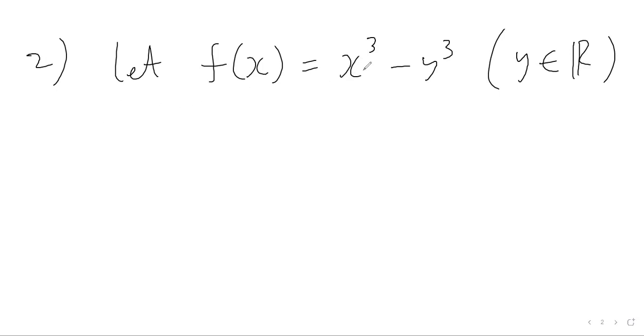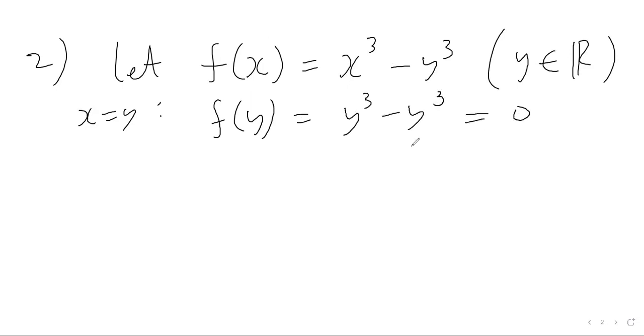What happens if you substitute x equals y into the function? If you substitute x equals y, you get f of y is equal to y cubed minus y cubed. Well, that's just 0. So now we can think about the factor theorem. f of y equals 0. So therefore the factor theorem